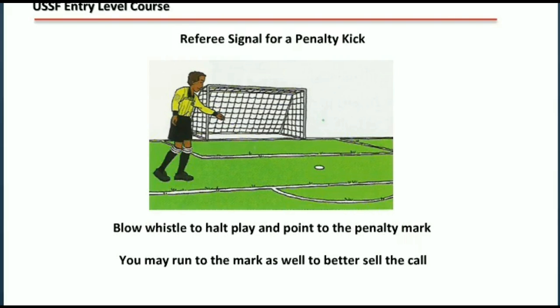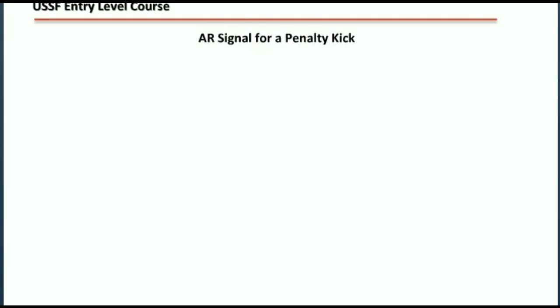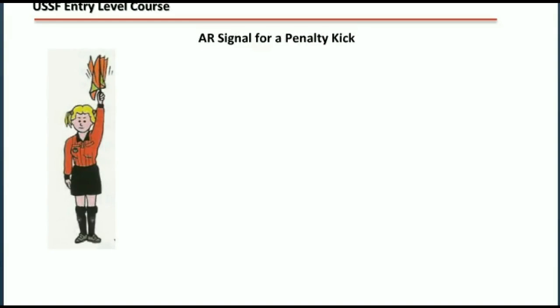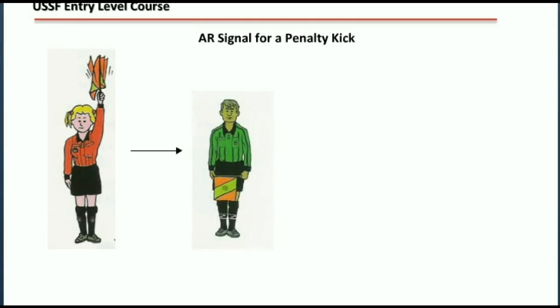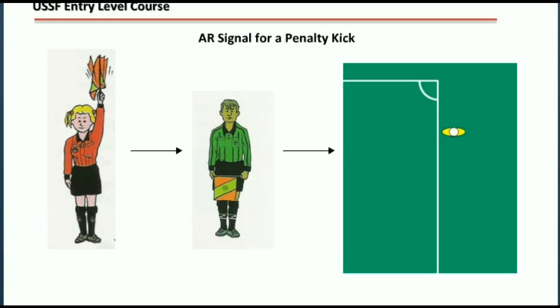Assistant referees can call penalty kicks as well, though this is rare because it is more difficult to sell the call from the touchline. The assistant first goes through the process of signaling a foul: halt, raise the flag, waggle, then the referee blows the whistle to stop play. Instead of dropping the flag to 45 degrees for a free kick, the assistant then drops the flag and drapes it across his or her waist, making the substitution signal but at the waist. The assistant then turns and jogs to the corner flag, which completes the signal that a penalty kick should be